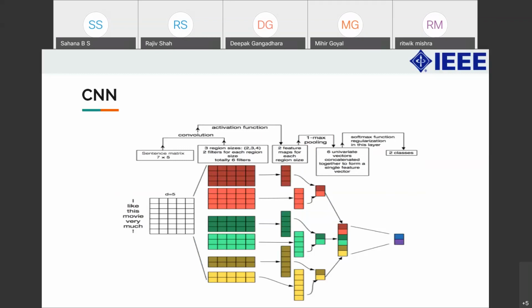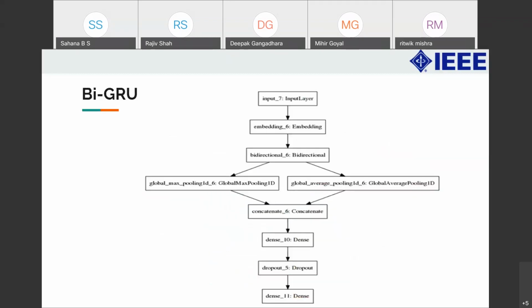Okay, next. So in CNN, the most we can do is take only 5 words at once and try to get the context. But what really happens in Twitter is that the last sentence could be dependent on the first sentence. So there's a long-term dependency, which you really can't find in CNN. And that's why we wanted to try out RNN models.